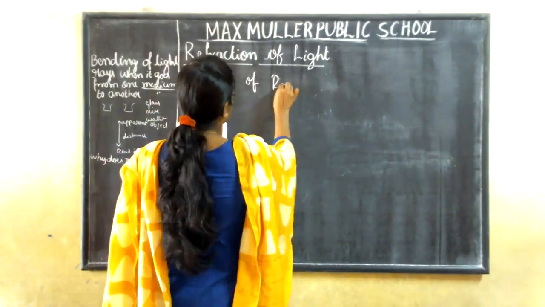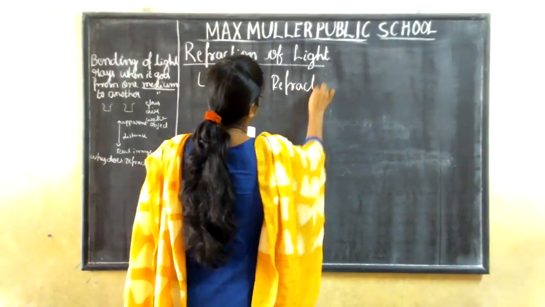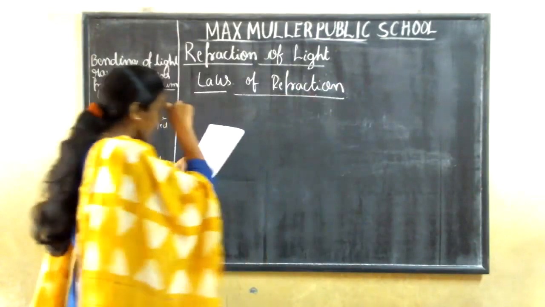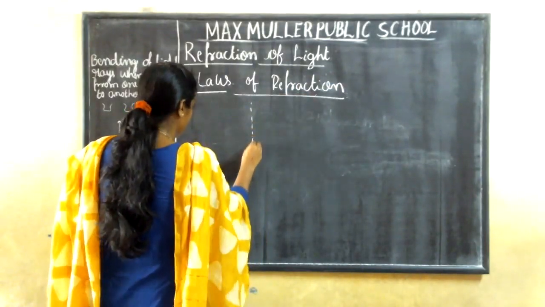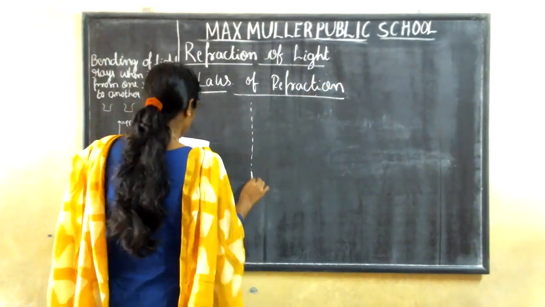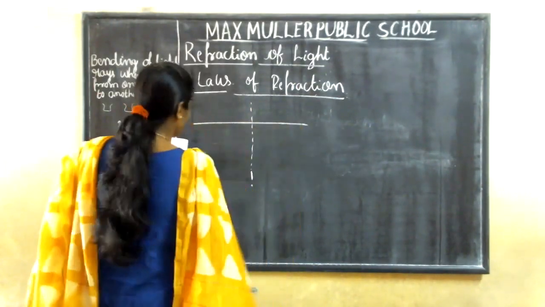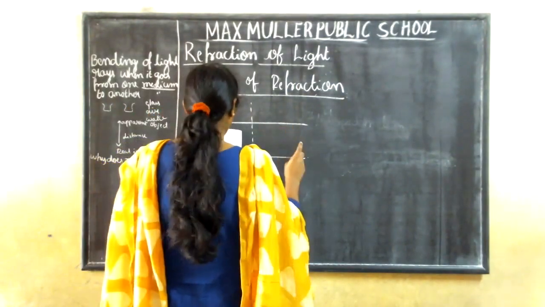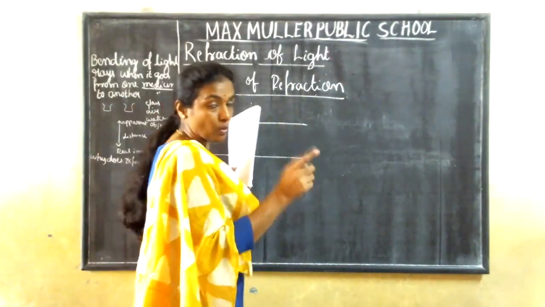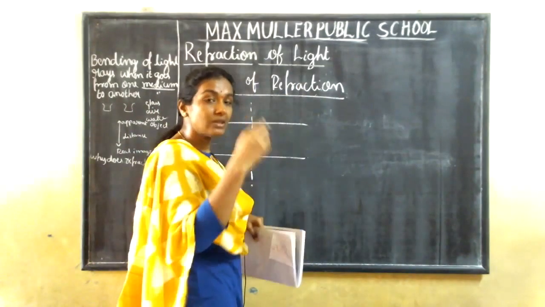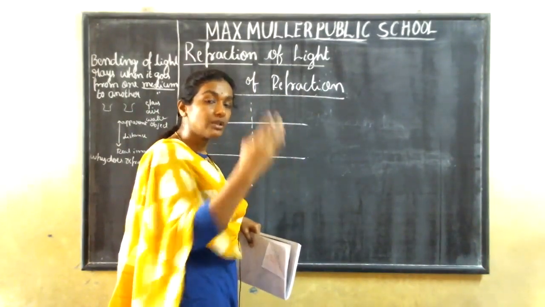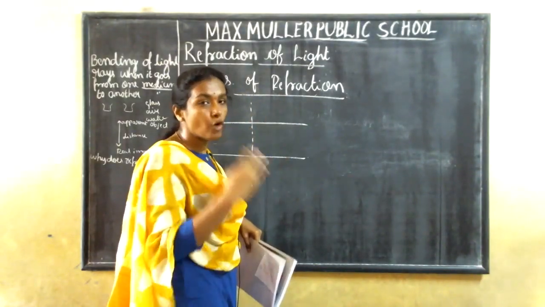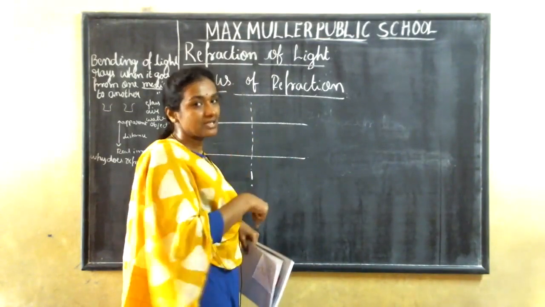Laws of refraction. First law it is here. I'm going to draw a diagram here. This is the normal ray, and I'm going to take two mediums again here. Now you are studying here how much light rays bend. Till now you studied that the light ray is going to bend according to the medium, whether it is coming from rarer to denser or denser to rarer. How much it is? That is what you are going to study in these laws.